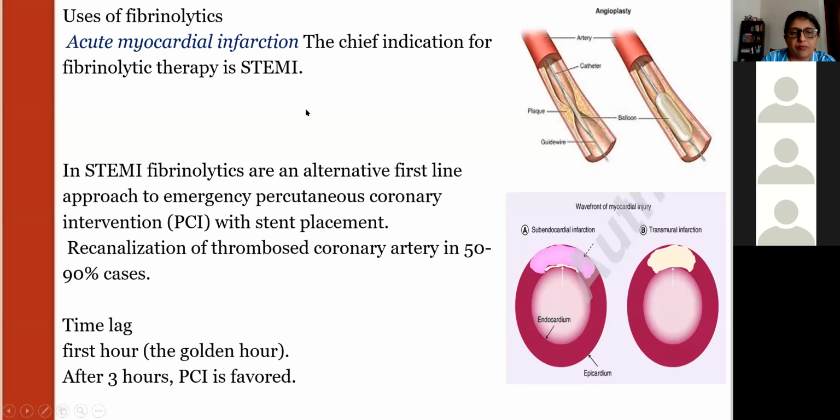So I was telling, in STEMI we can use fibrinolytics, or we can use angioplasty. STEMI is the chief indication, but if you can do PCI, that is okay. Otherwise, we can use fibrinolytics. But the fibrinolytics should be given within an hour of infarction occurring, that is the golden hour. And if 3 hours are over, don't give any thrombolytic drugs,